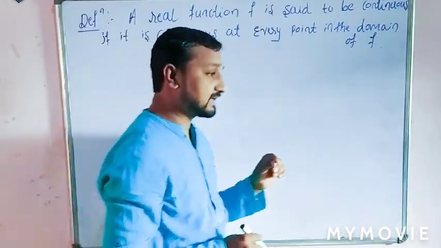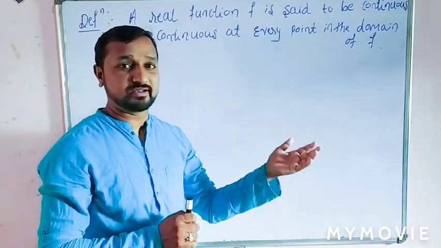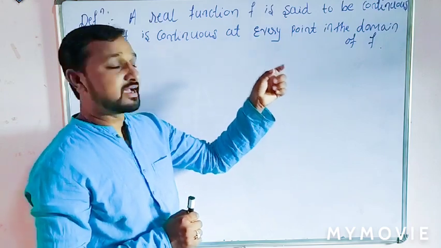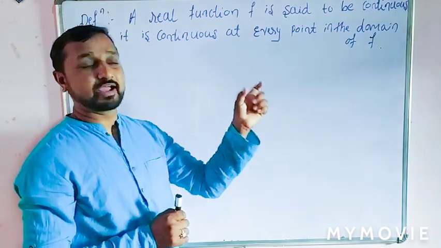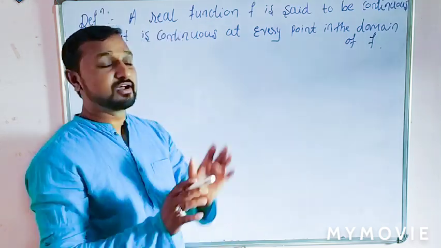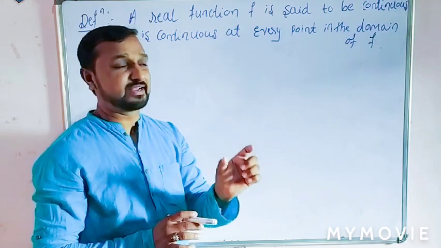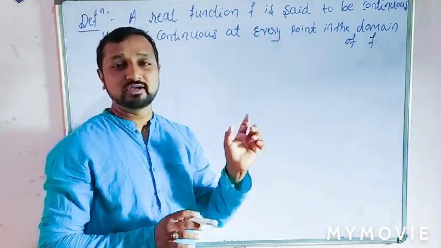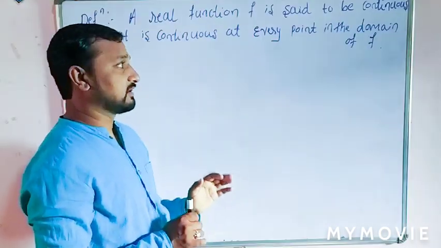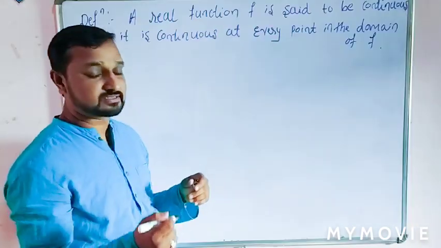So already in yesterday's class we discussed some examples, like discussing the continuity of the function at a particular point. Already we saw those examples, and again we discuss the continuity of the function without giving a particular point. In that situation we take a general point, that is x equal to c, then we solve. So that is our procedure. Is that clear? So students, this is one definition. Then next, depending upon this definition, we solve some examples.